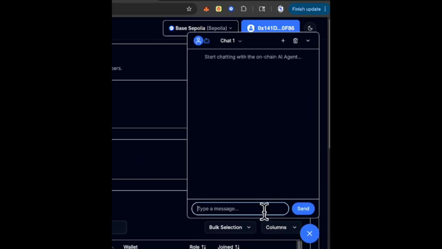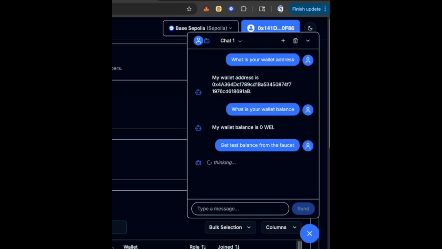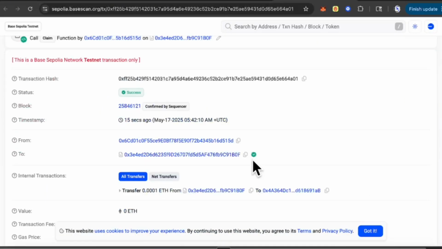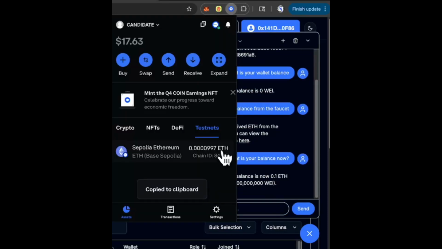The floating chat bubble opens the AI agent. First, I ask for the agent's wallet address and current balance. It reports 0 Ethereum. Next, I request test funds from the faucet. The agent thinks for a moment, receives 0.1 Ethereum, and returns the transaction link visible on Basescan. I then confirm the agent's new balance, now 0.1 Ethereum, and ask it to send